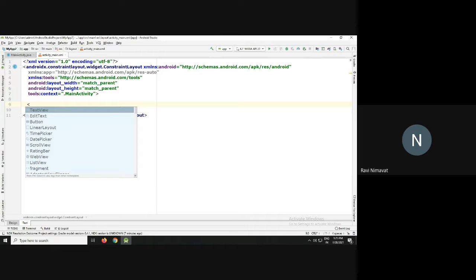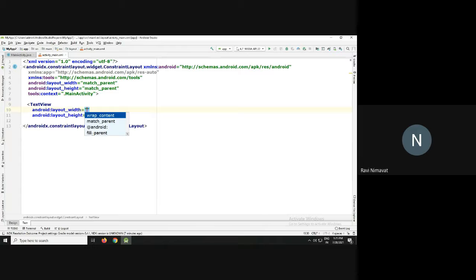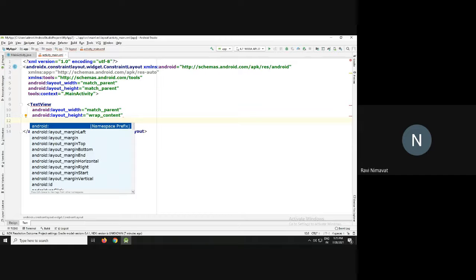First text view, then width is match parent. Then height is wrap content. Then student, text.